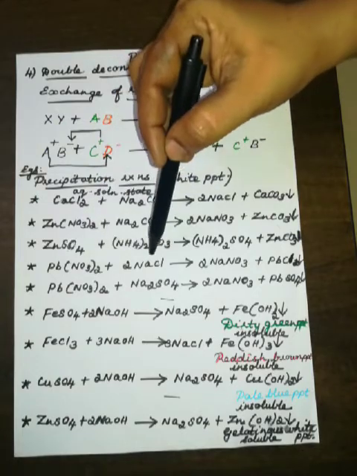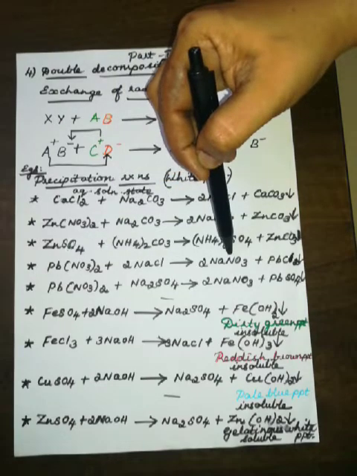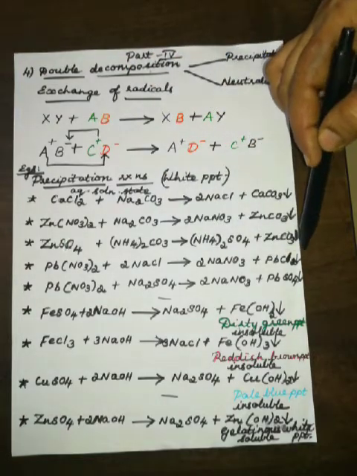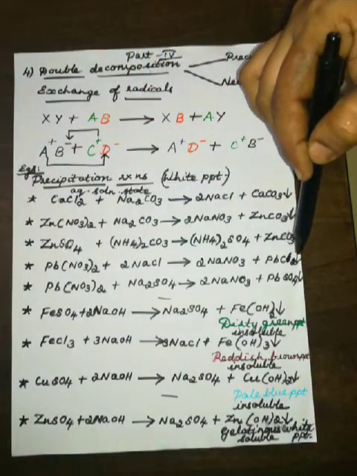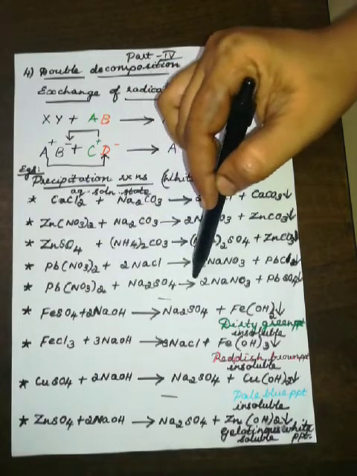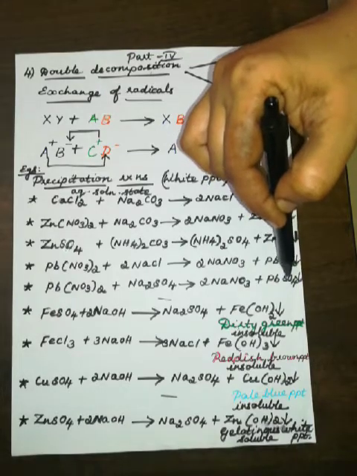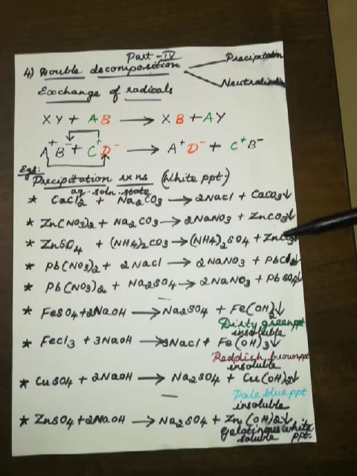Now coming to lead nitrate. Lead nitrate with sodium chloride: Na reacts with NO3. It gives sodium nitrate, and left out are lead and chlorine. So lead chloride forms. Here the lead valency we are using is 2, so automatically you get PbCl2. Now lead nitrate with sodium sulfate: lead reacts with sulfate to form lead sulfate as a white PPT, and left out is sodium nitrate. So calcium carbonate, zinc carbonate, lead chloride and lead sulfate all form white PPT here.